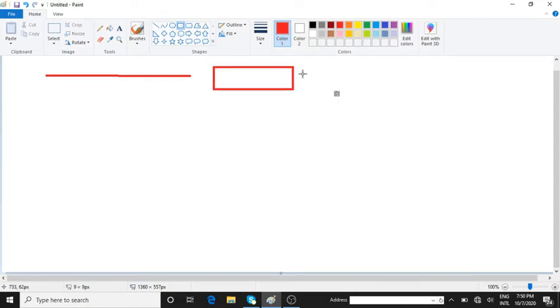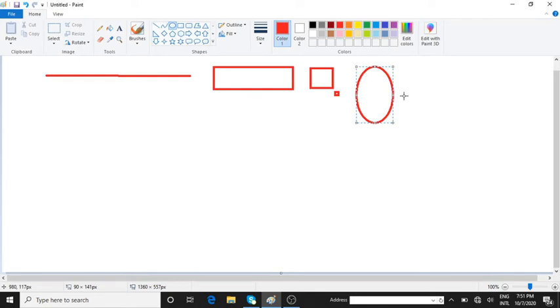Then the next one is rectangle. Wow. It is used to draw rectangles or squares. Even you can draw a square out of it. Can you see this? Fine. So this is a square and one other one is the rectangle. Next one is ellipse. So you can just use, okay, ellipse. Either a circle or an ellipse or an oval you can draw.